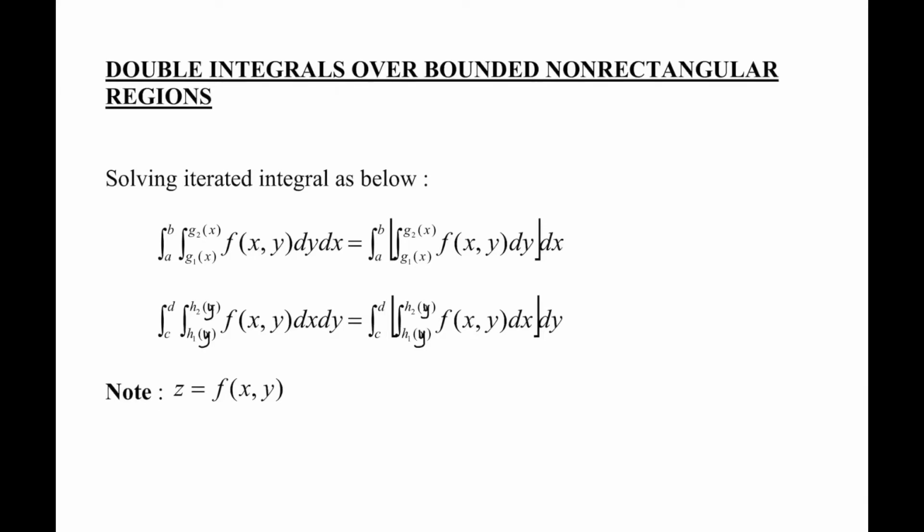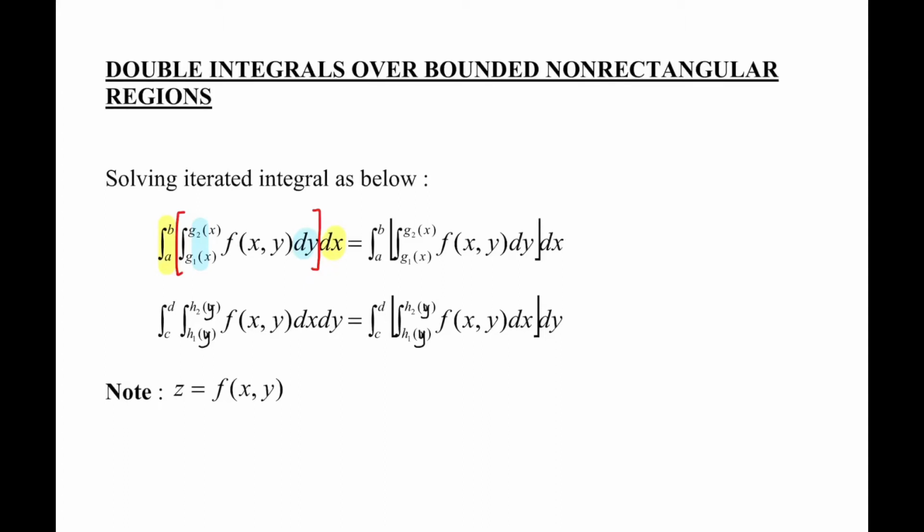When we are integrating, we will integrate starting with the innermost integral. That means with respect to y there. If that is with respect to y, that means those limits will be the limits of y. And we can see that there is x in the bracket, which shows that those limits will be in terms of x. And x is the outer variable for the outer integral. Now if we look at the second equation,